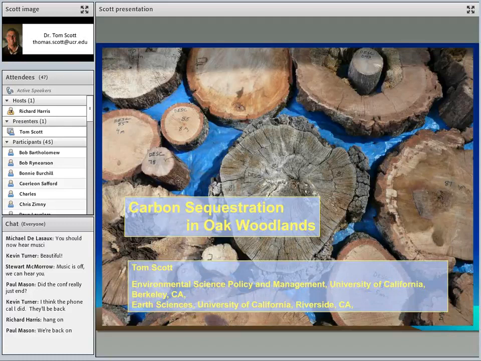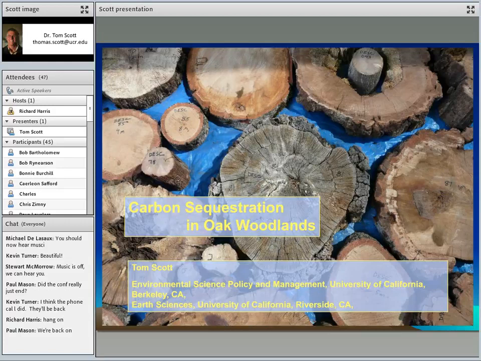Tom is a natural resource specialist with UC Berkeley, who, by the way, is housed where he was brought up near UC Riverside. So Tom is a former member of the Integrated Hardwood Range Program, which unfortunately was disbanded a couple of years back. But that hasn't stopped him from having a very active interest in oaks and their persistence in the developed landscape. So we're very fortunate to have Tom.